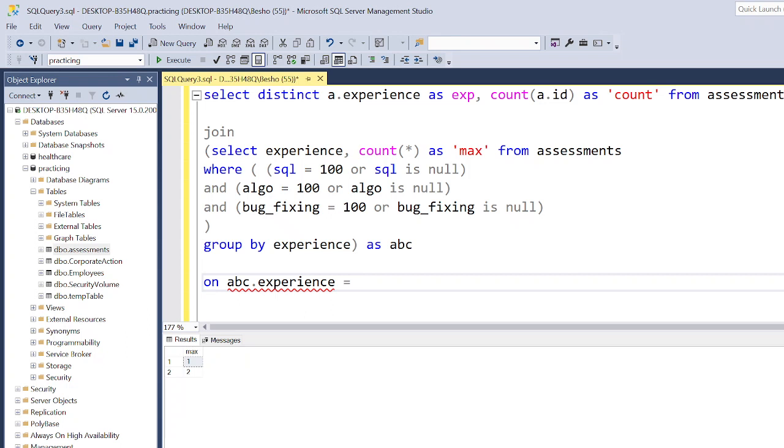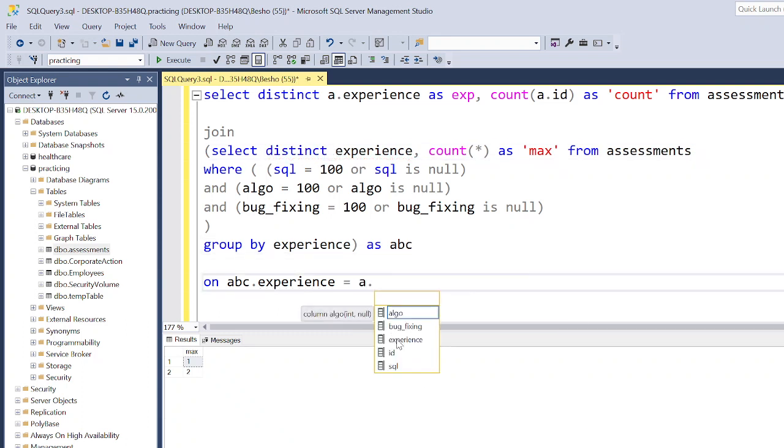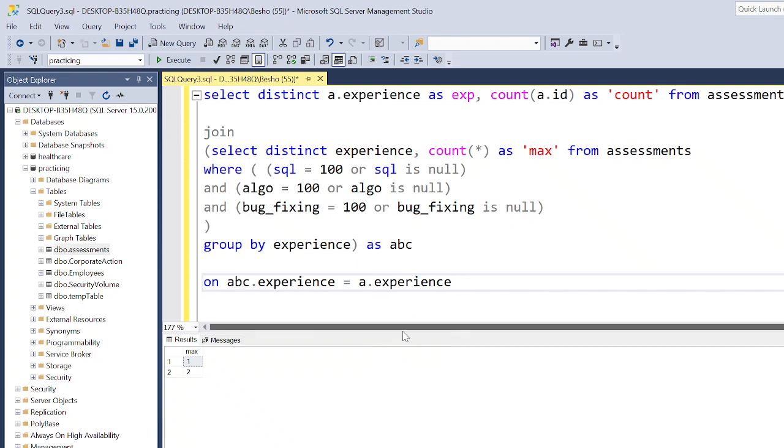Equals, so experience from here is the same as experience from up here. And also let's go ahead and do the distinct experience. So this is our joining condition. Okay,